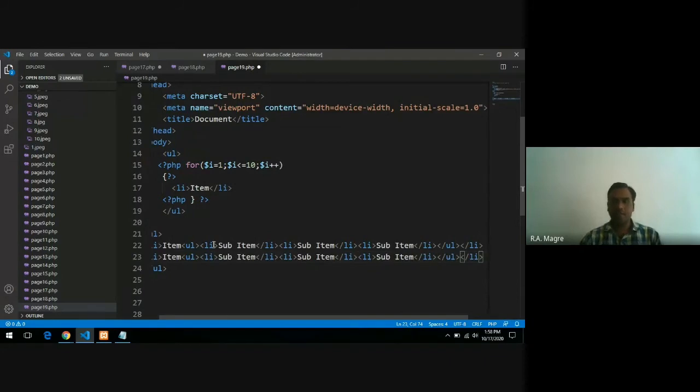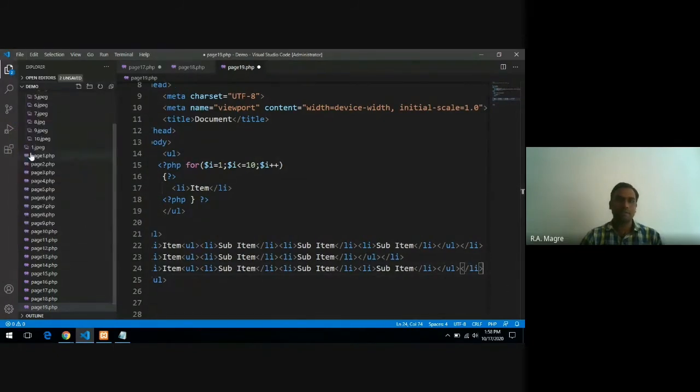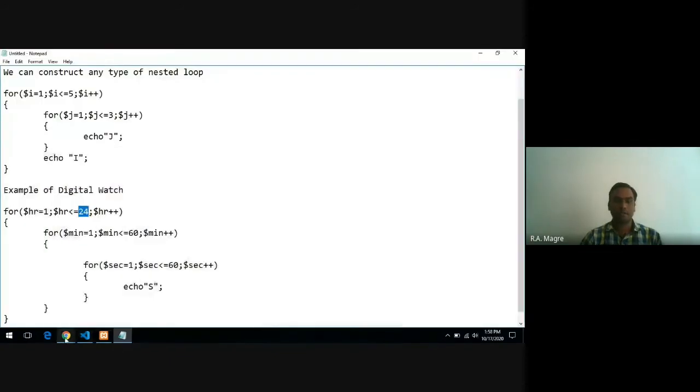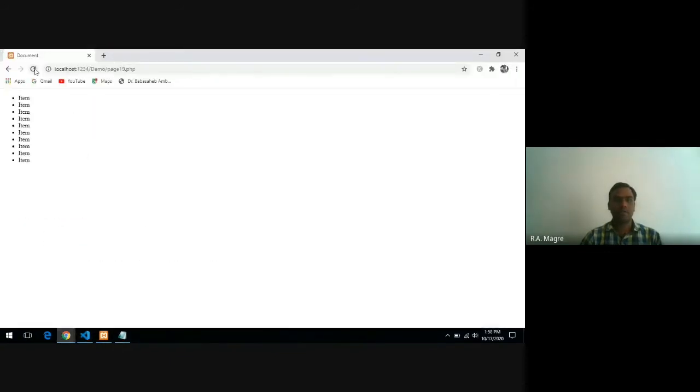And suppose it has 2 sub items, so remove one. And again one more LI, and it has 3 sub items. Sub items are different for different LI, so it will look like this.